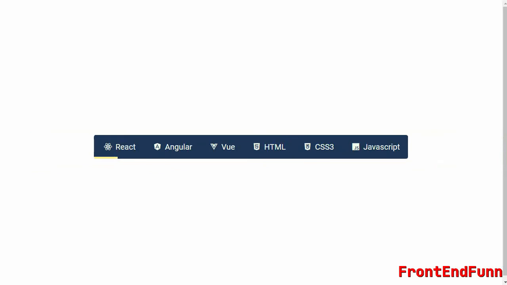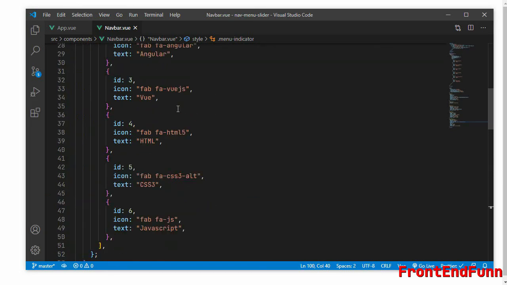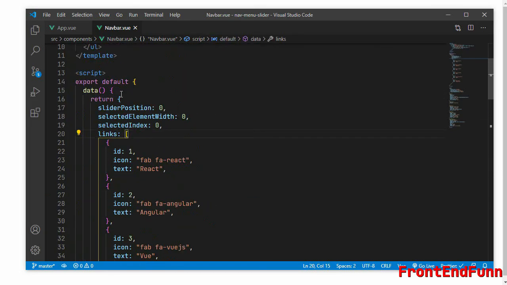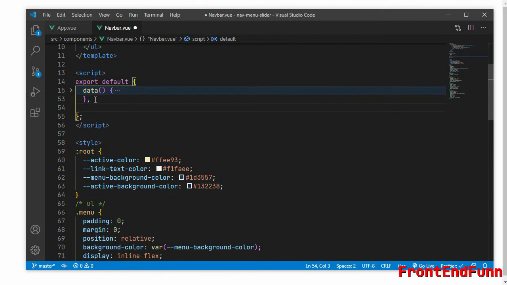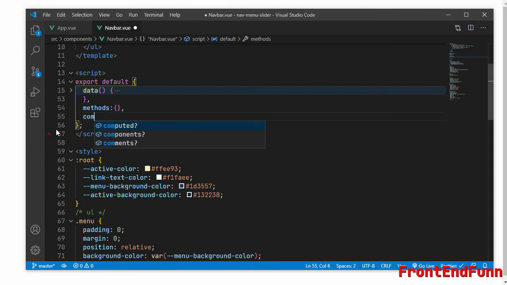Now let's add the JavaScript part. We have done with the data, so let's add the methods as well as the computed property.